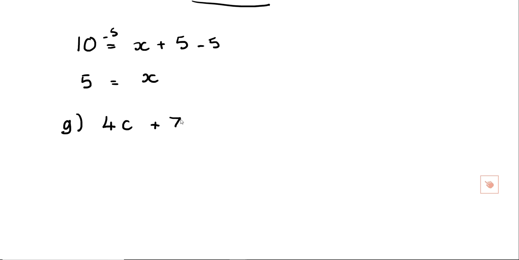What are C's? 4 coconuts, all right, I like coconuts. C for coconut. 4 coconuts plus 7 weights on one side, and then I've got 2 coconuts plus a weight. Right. Now, let me just, before you start jumping in,